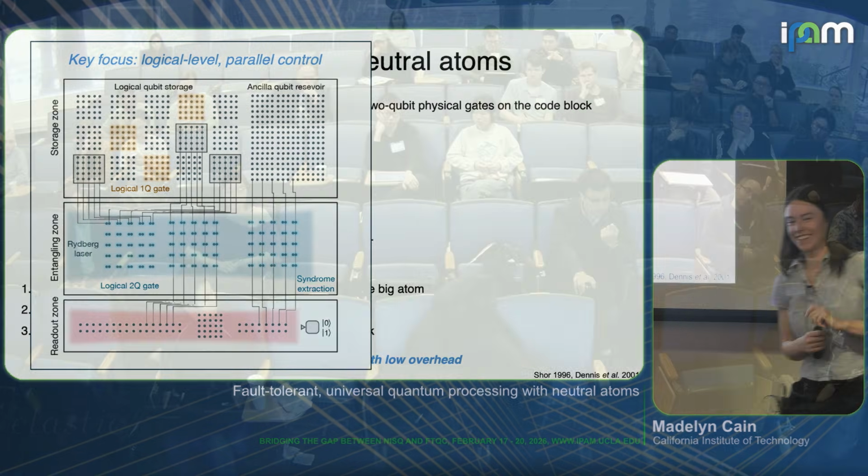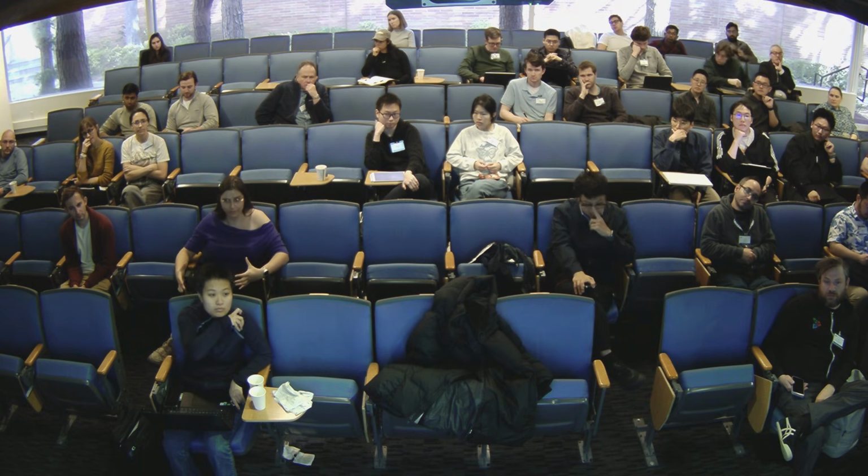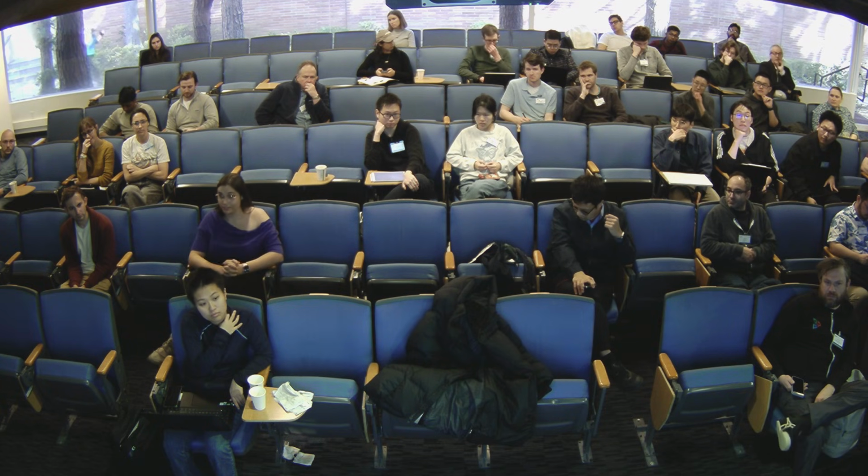I would guess that this entangling zone has a higher error rate when you're in it, right? That's why you have a separate zone for it, right? How long can atoms maintain coherence within the entangling zone? Is there a limit to that?